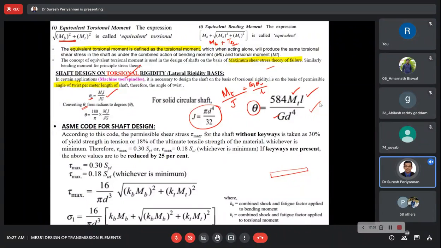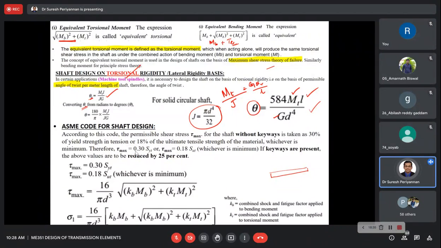Now, the next case we discuss is the ASME code approach. According to this code, people have already developed the range of values, without a key and with the key, and how we have to consider some of the parameters is already well defined. We are going to follow that standard procedure to design the shaft diameter. Now see here, the shaft can be designed using the ASME code approach, right?